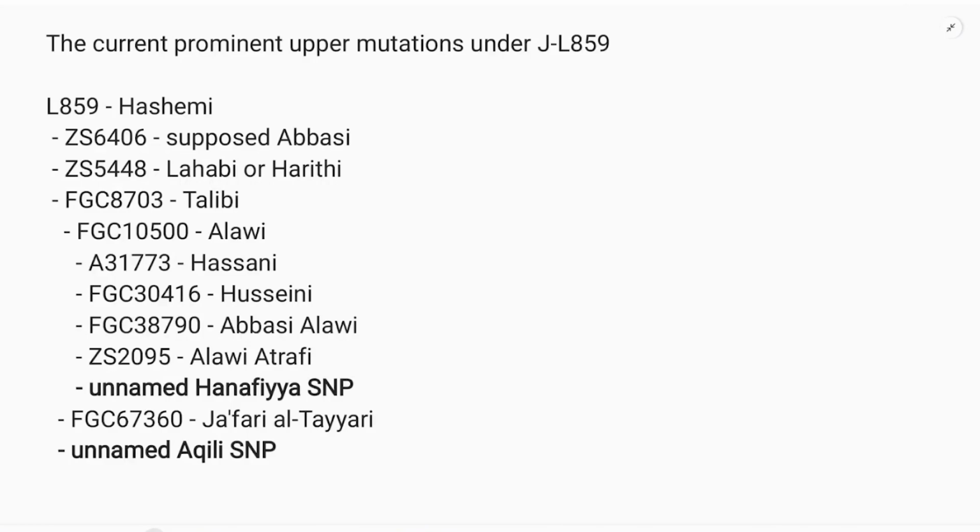And this mutation is more of a prediction, as not a single man under this mutation actually claims descent from Umar al-Atraf ibn Imam Ali alayhi salam. So obviously more people would want to claim descent from Imam Hasan or Imam Hussein. So yes, it's currently only predicted that this is belonging to Umar ibn Ali alayhi salam, and there are multiple reasons for this which we will address soon.